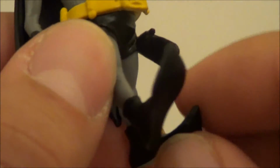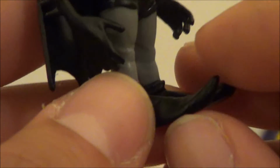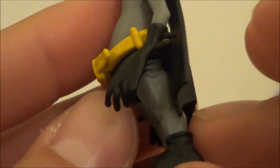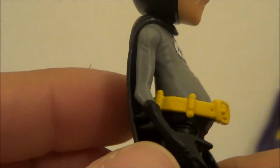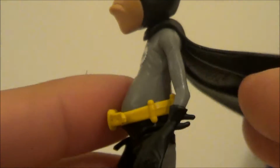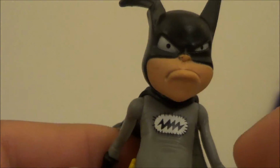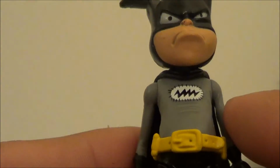And he's got some, you can see the little shoes there. Kind of look like elf shoes. He's got some big feet, yeah, right there. Really small figure, but very cool to have in your display, in your Batman display. Now, he has the kind of older Batman color uniform there, the gray and the black, and